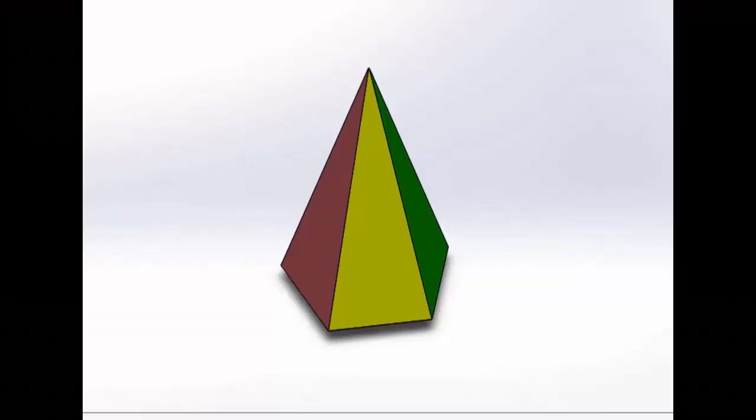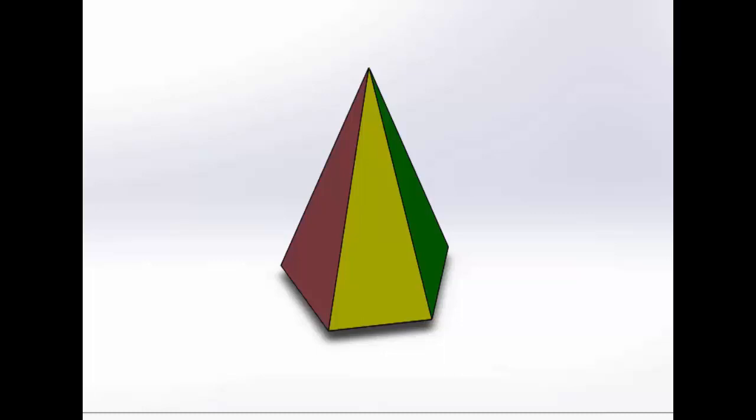Everyone. From my previous videos, I hope you learned how to solve the problem of a prism when its axis is perpendicular to HP and perpendicular to VP. Now it's time to move to the pyramid. So, pyramid when its axis is perpendicular to HP or perpendicular to VP. In this particular video, we will see the introduction about the pyramid and solve a problem when the pyramid axis is